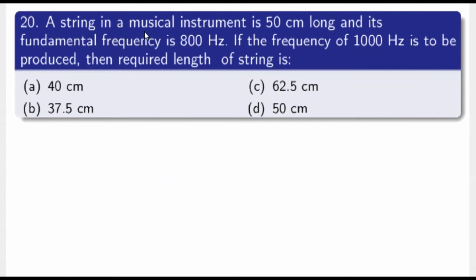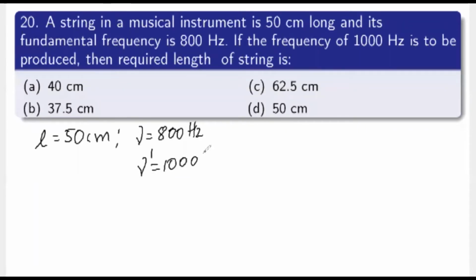Now, a string in a musical instrument is 50 centimeters long and its fundamental frequency is 800 Hz. If the frequency of 1000 Hz is to be produced, then the required length of the string is? What is given here is the fundamental frequency of a string of length 50 centimeters, say nu, that is 800 Hz. They're asking us to produce a frequency of 1000 Hz, but we have to calculate the length of the string